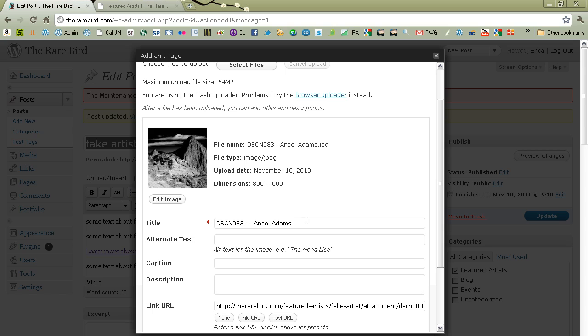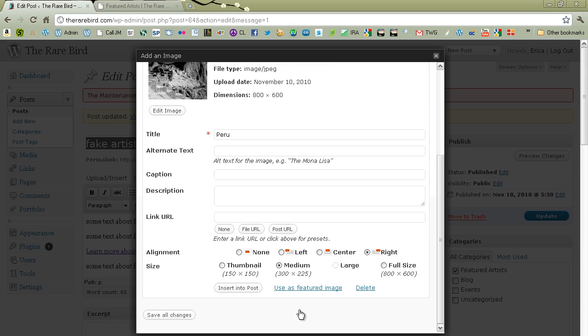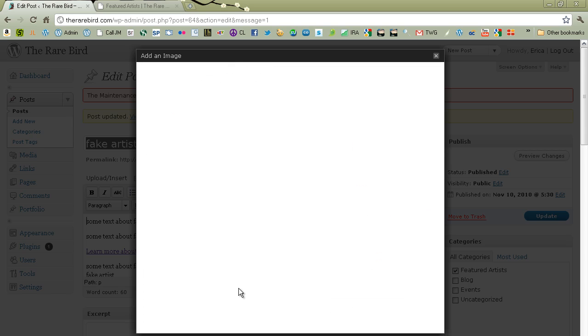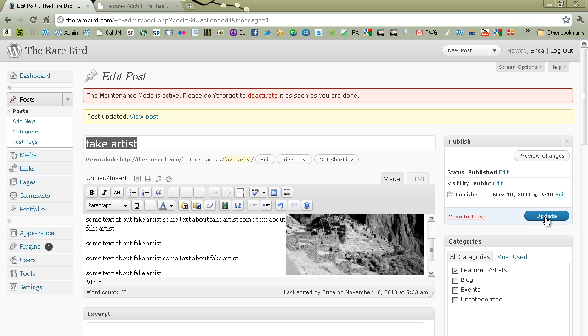Great. So here we can give our image a title. I'm going to call it Peru. We can make the image linkable to something, but I'm going to make it not a link. So you hit none. I'm going to put my image on the right-hand side, and let's make it medium size. We're going to insert into post. There's our image. If we hit update,